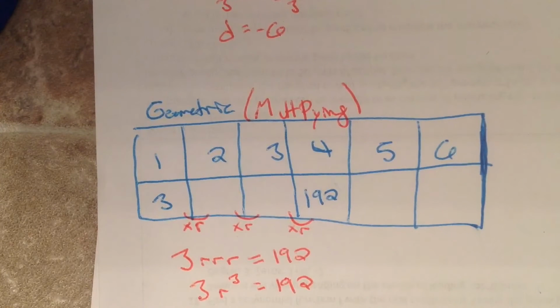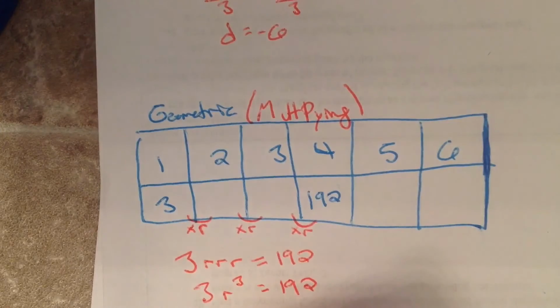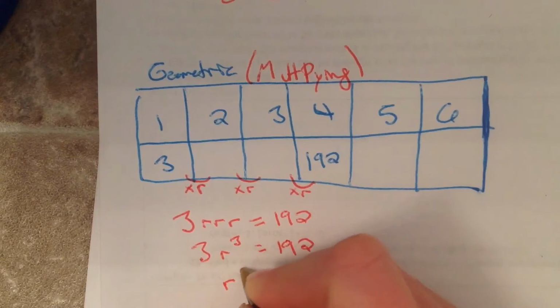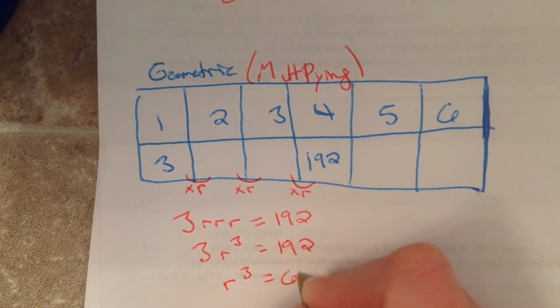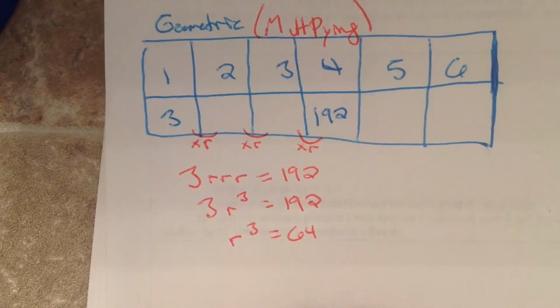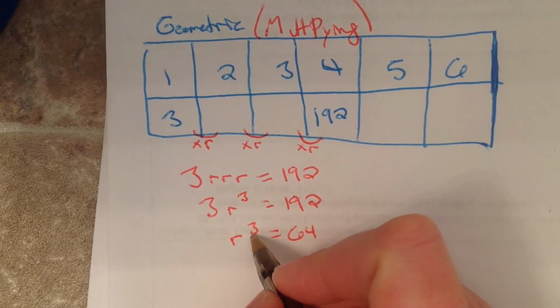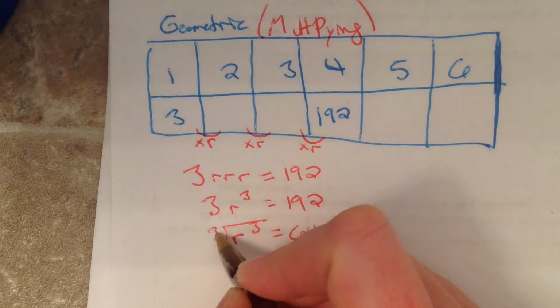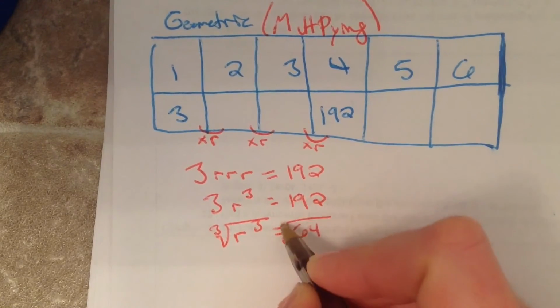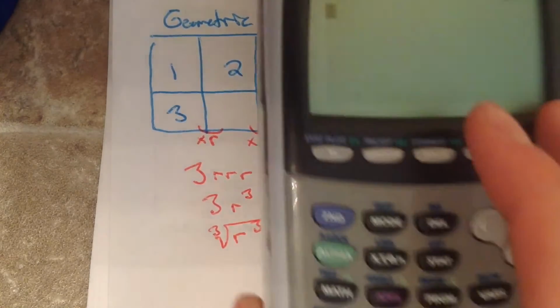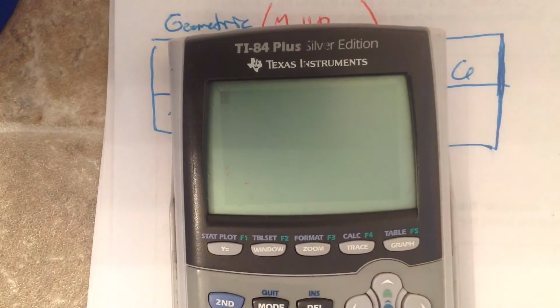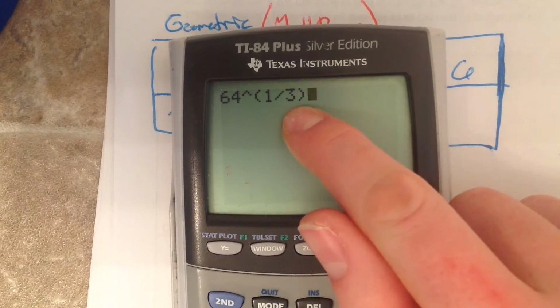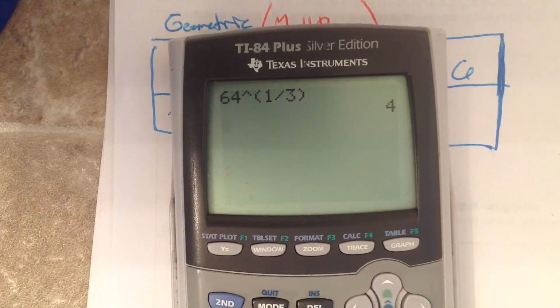Well, dividing 192 by 3, we get r to the 3rd equals 64. So now to undo a 3rd power, so to undo a squared, we square root. To undo a 3rd, we use what's called a cube root. On our calculator, there are 2 ways this can be done. We can either say 64 to the 1/3 power, so this number being the root we want it to be,